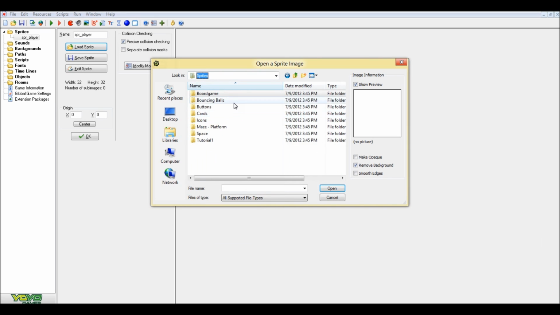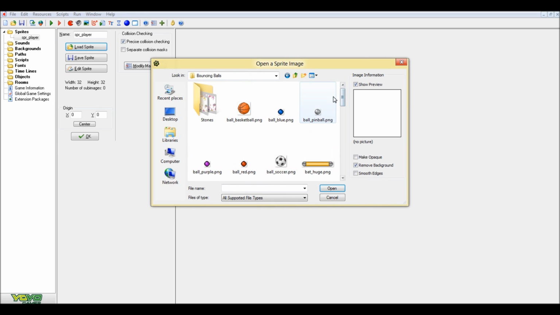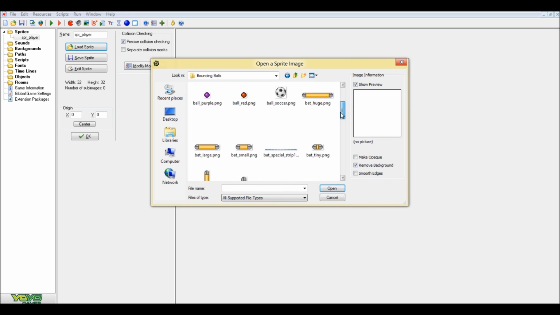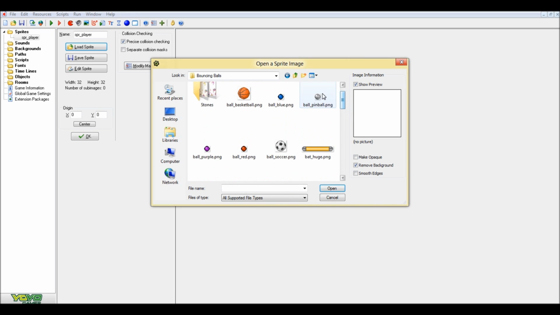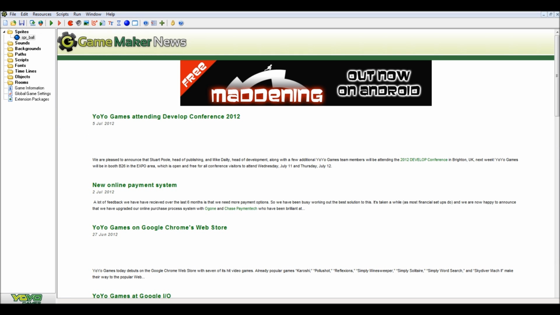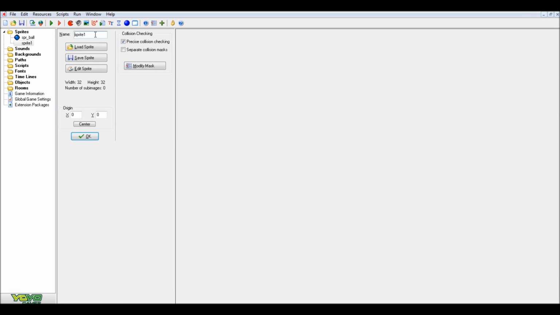Let's go into sprites, bouncing balls. We will use this, choose like any little ball right here. But in here we will use this blue ball. That's what I'm going to use. Now let's open up the blue ball. We'll call this ball actually. Now we'll need something for the ball to land on. We'll call this